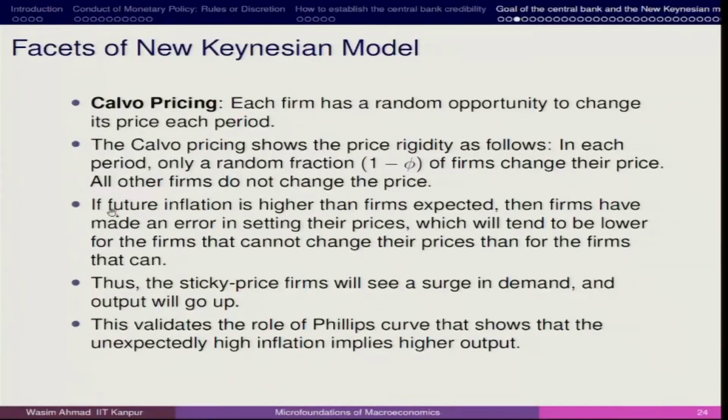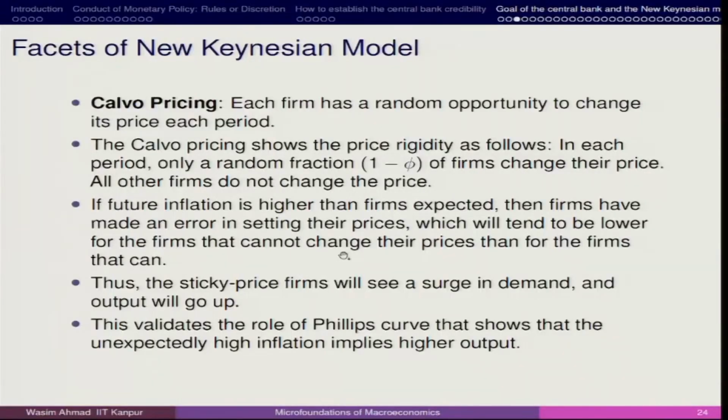Here it is, if future inflation is higher than firms expected, then firms have made an error in setting prices. So, if firms think that in future the inflation rate is higher, which means that they will also be adjusting their prices. If it appears that, whatever adjustment they had made with prices, the actual inflation in the future period is much higher, then the demand for the goods of those firms which have not revised the price will go up, right, which will tend to be lower for the firm that cannot change the price, which means that